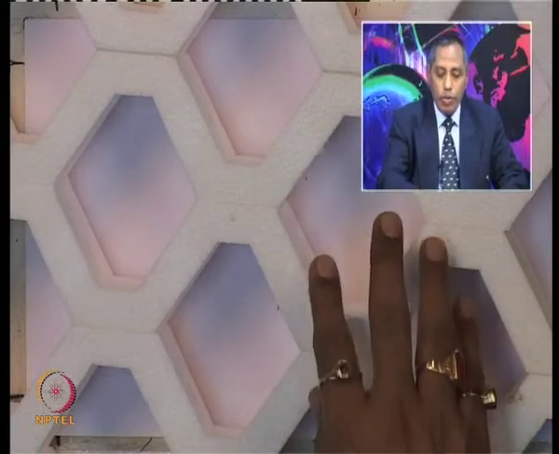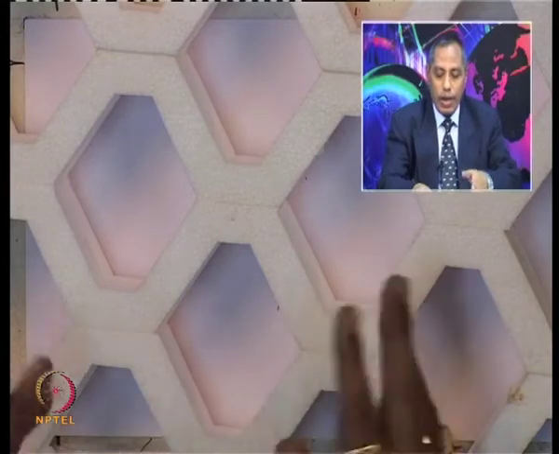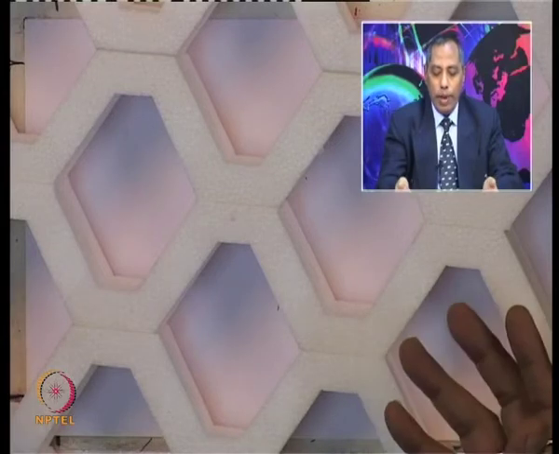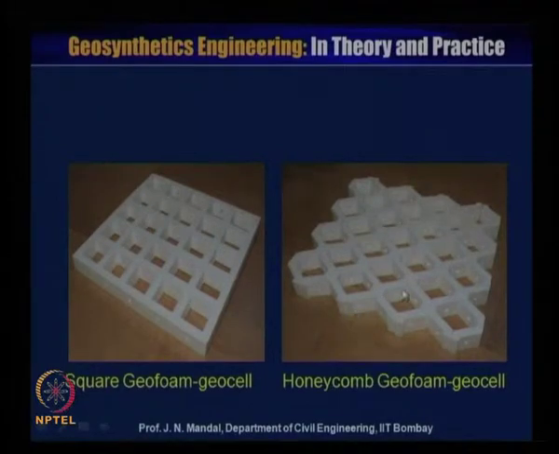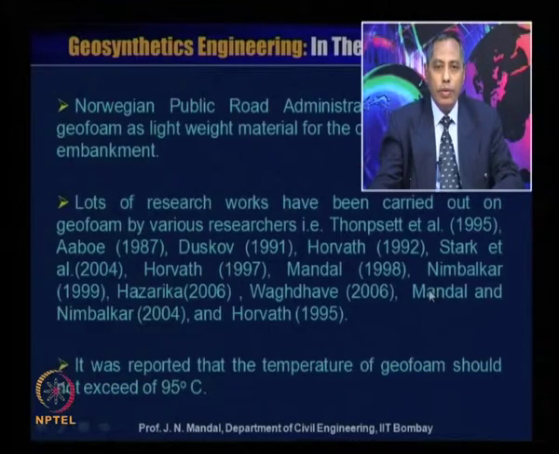And it has also been optimized what size, shape and configuration will be the best for use in the practical field. So what should be their dimension, and whether the square or the hexagonal gives the best result. So this is square geofoam geocell, as I showed you, and this is honeycomb geofoam or the hexagonal geofoam shape.